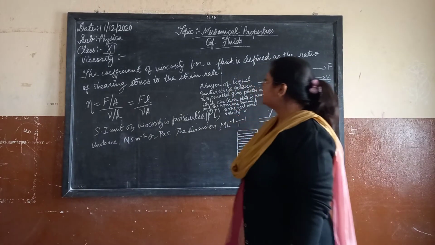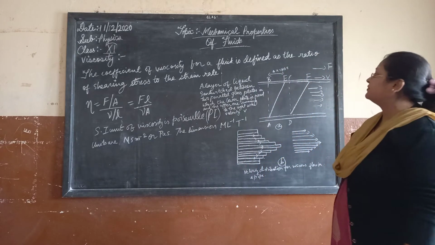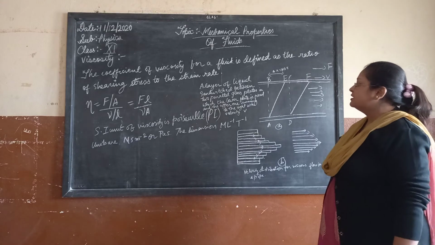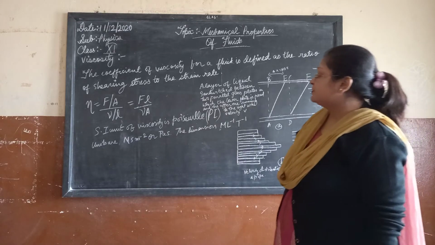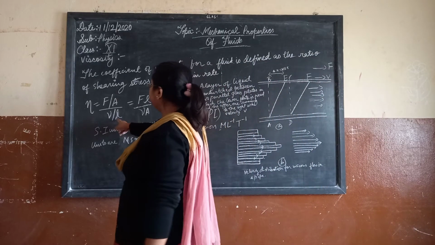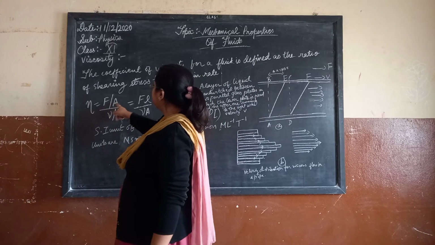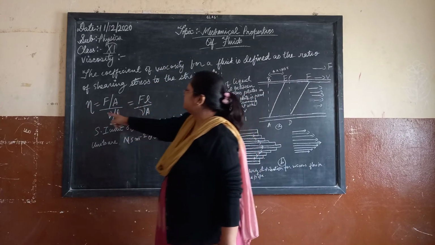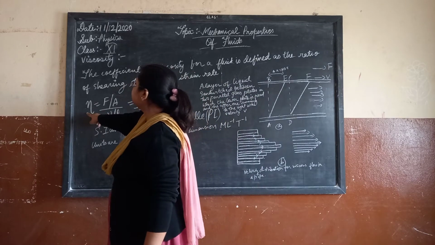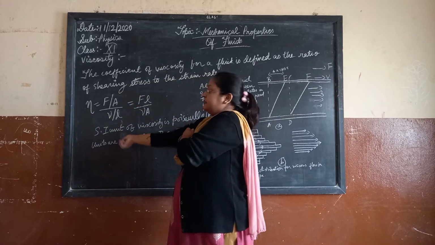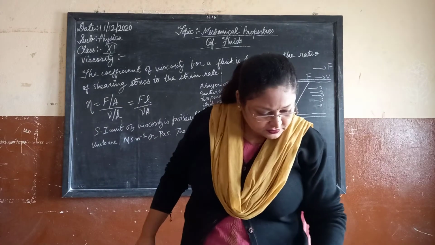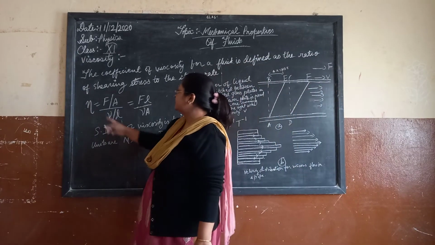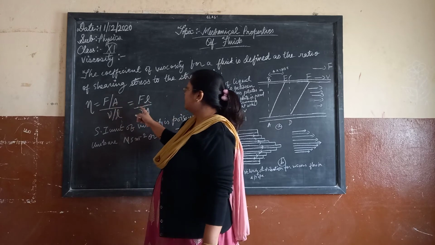The coefficient of viscosity for a fluid is defined as the ratio of shear stress to the strain rate. Strain rate is v upon l, and stress is F upon A. That is F into l upon v into A, and this is called eta. Yes, it is pronounced as eta. So eta is equal to F l upon